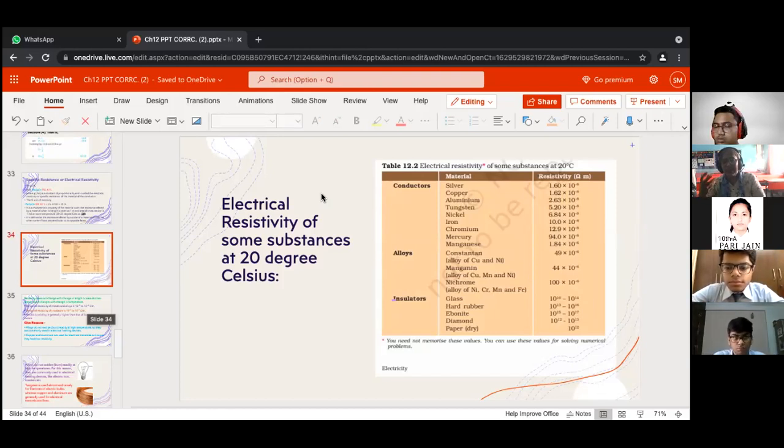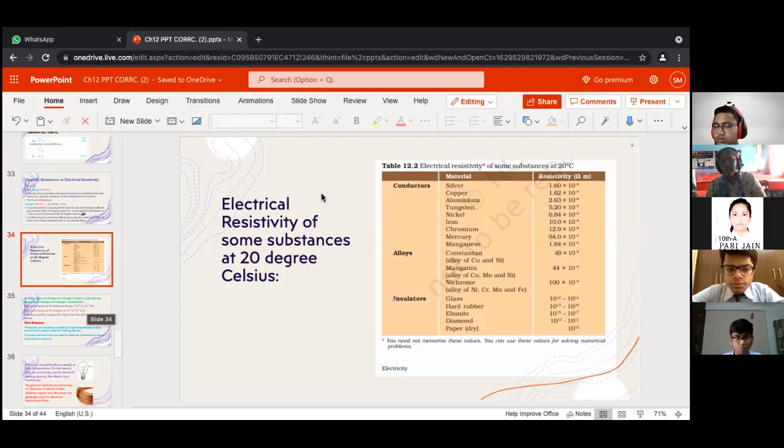For example, heating devices, geyser, toaster, and many more devices we use which have heating effects. If only copper wire is used in heating devices, there are chances that it may catch fire, it may burn. So that's why we prefer to use alloys. This is your give-reason as well, right?